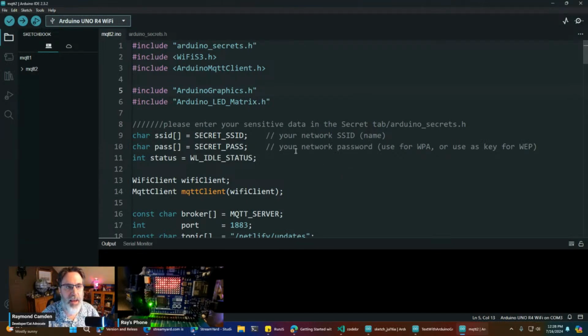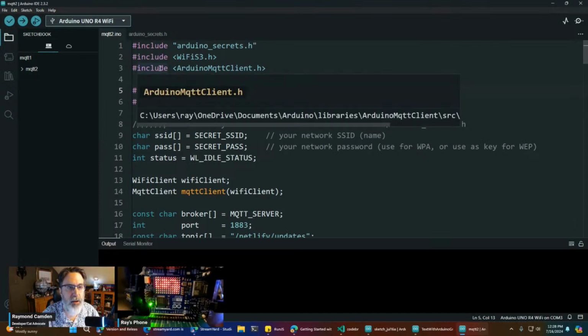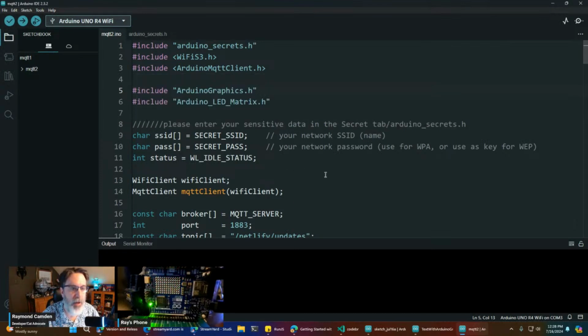And I include, by the way, my password and SSID in a secrets file. Ray, don't click that file. I know you want to click that tab. It looks similar to a .env file in a Node.js type environment, but you can put your secrets in there. This connects to Wi-Fi